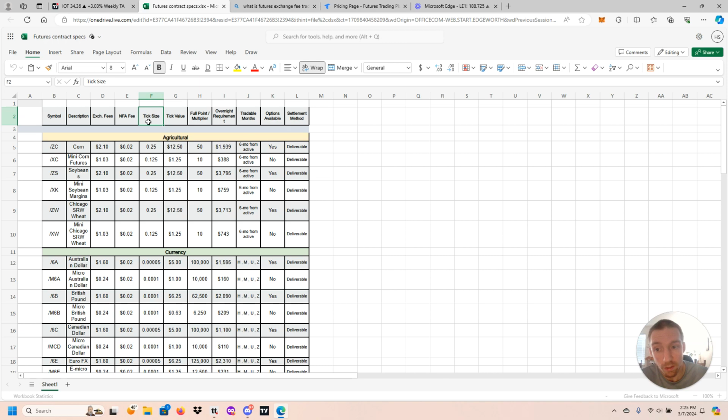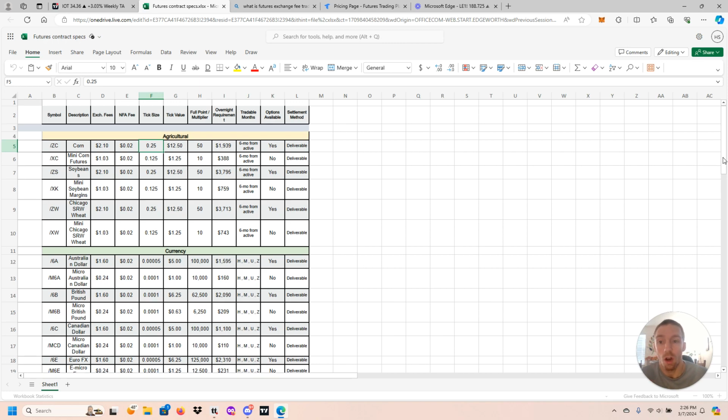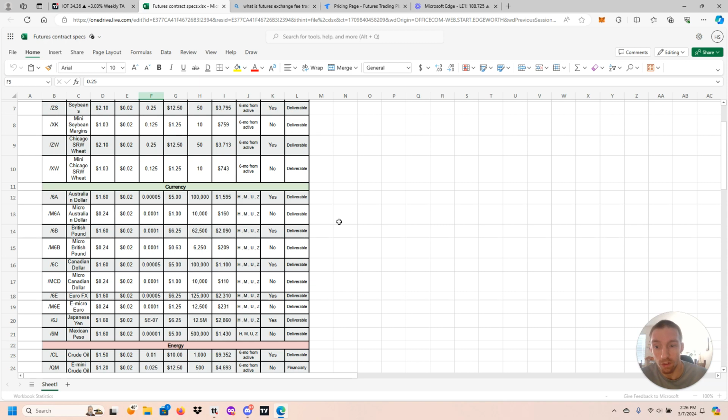Next, we're going to look at the tick size. The tick size is the smallest incremental movement in that asset. So each asset has a different tick size based on how large that asset is. The tick size of the 6A, which is the Australian dollar, is going to be, it's a smaller asset, so it's going to be a lot smaller. Notice it's a